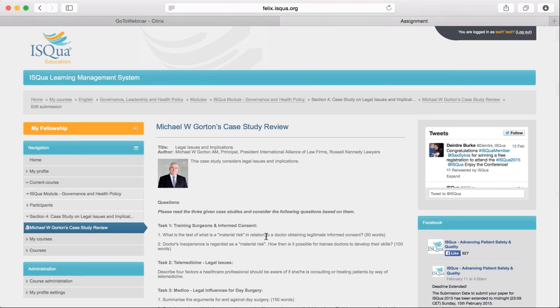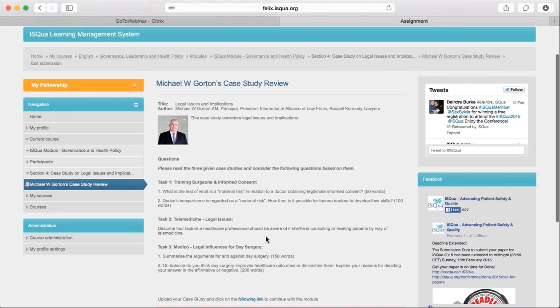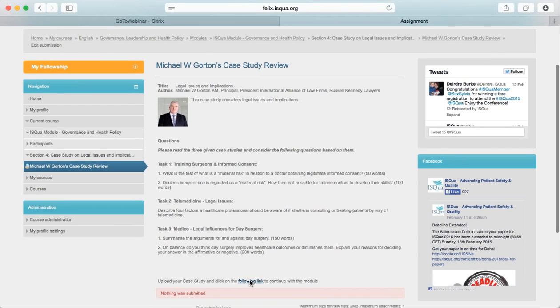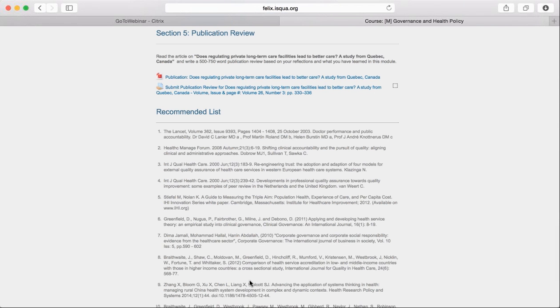Please note it might take up to 15 working days for a designated expert to approve your assignment. You will receive an automated email notification once your assignment is graded. Once this section is completed, click on the following link to continue with the module. The next section is Publication Review. Read the Publication Review article